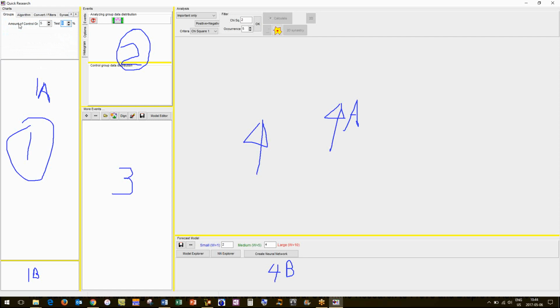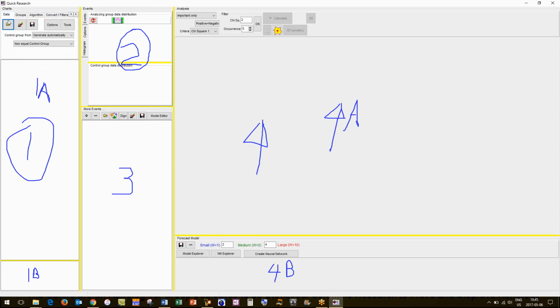So we have two options here in the FAST research program. If you're working with the randomly generated control group, you can control the amount of control group. Normally, when we're running this, we like to set this to 50. And I'll show you what happens with that once we get some models loaded up.